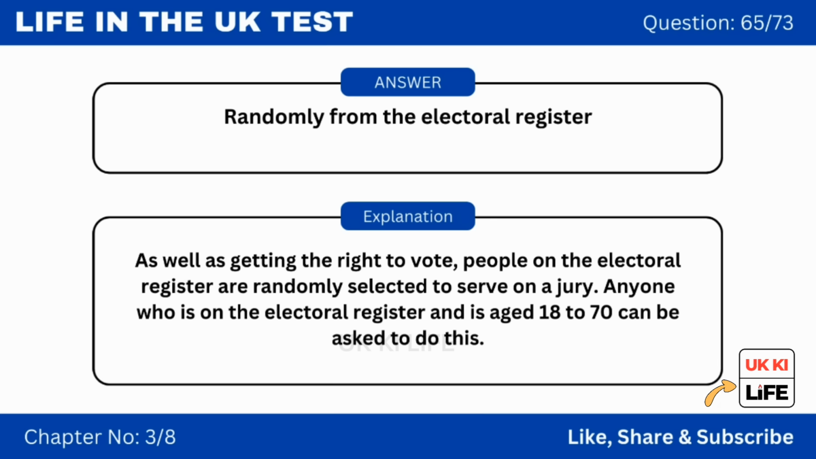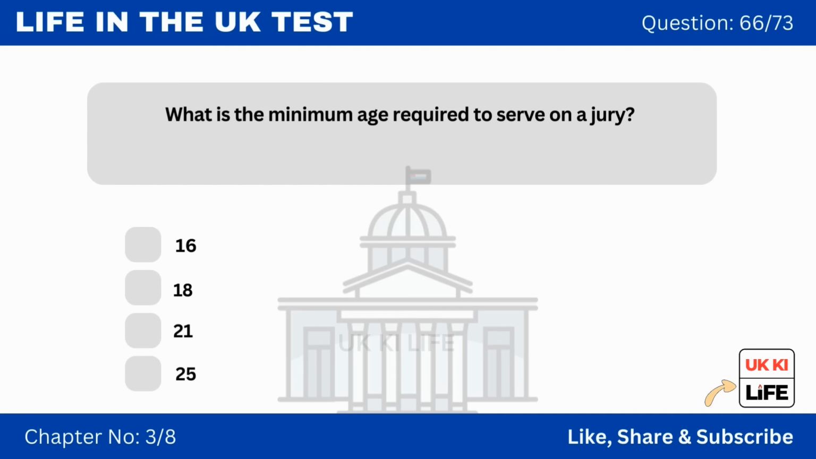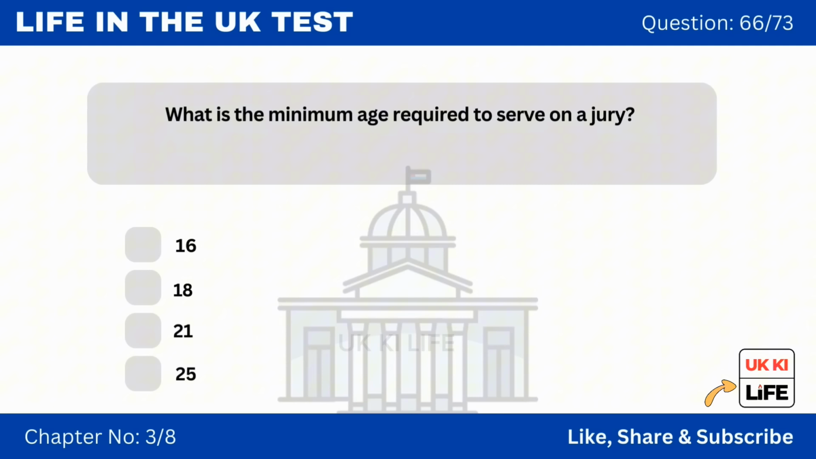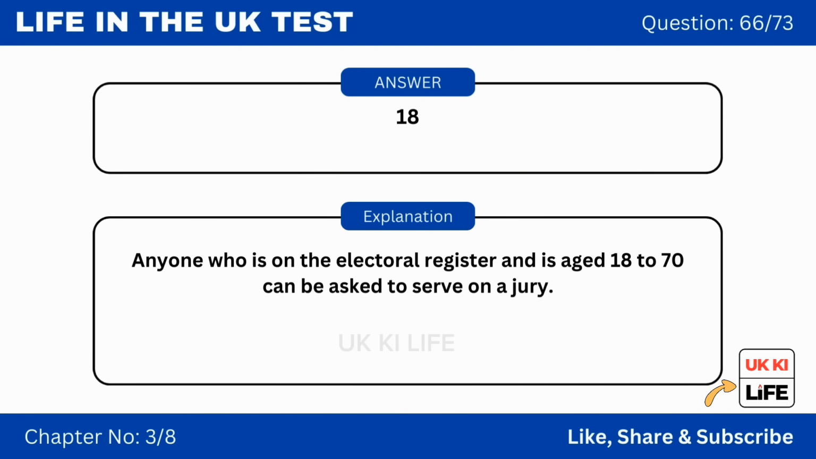a jury. Anyone who is on the electoral register and is aged 18 to 70 can be asked to do this. Question 66. What is the minimum age required to serve on a jury? 16, 18, 21, 25. The correct option is B. Explanation. Anyone who is on the electoral register and is aged 18 to 70 can be asked to serve on